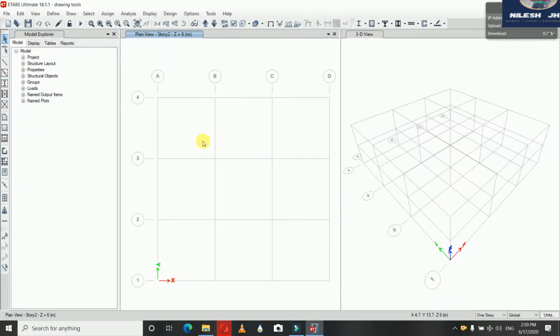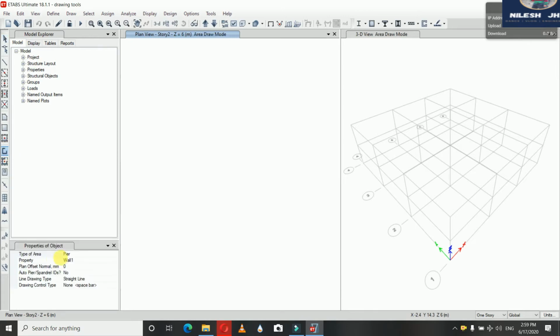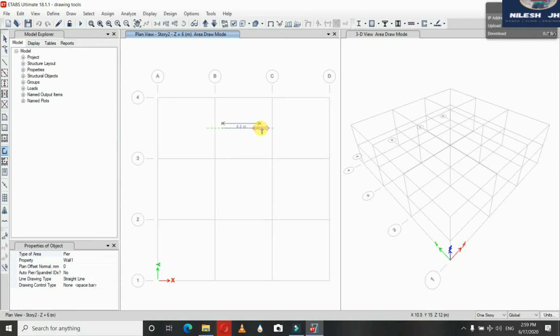And if you want to draw your partition walls, then just go to draw walls and select your property from here, and click anywhere in the plan to specify the first point, and then click anywhere to specify the next point. There you can see you have created a wall in between the grids, and you can see it in the 3D mode also. And now just press enter here, and suppose you click anywhere on the plan and click at any angle in the plan, and you can see the wall is created at that angle only.